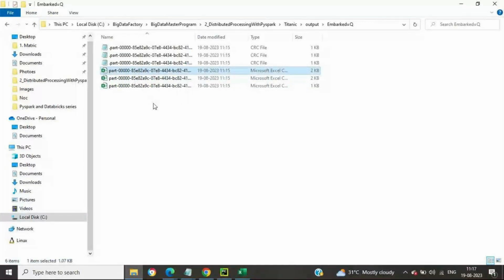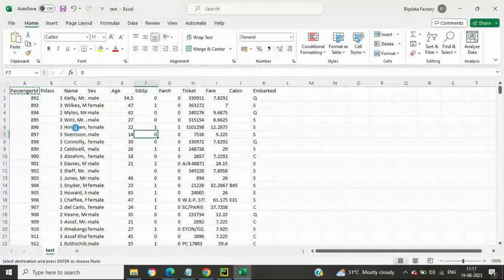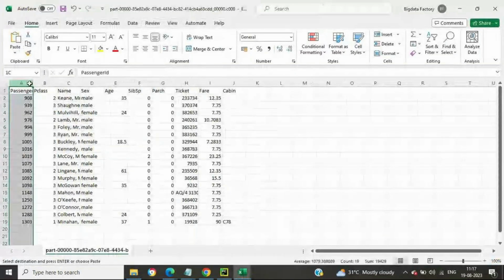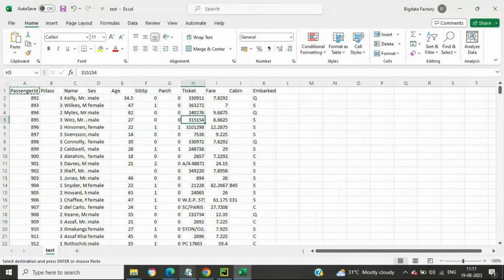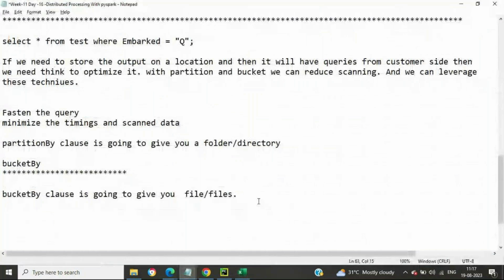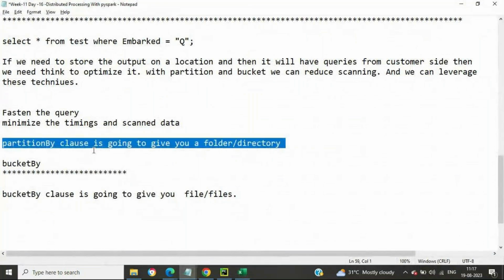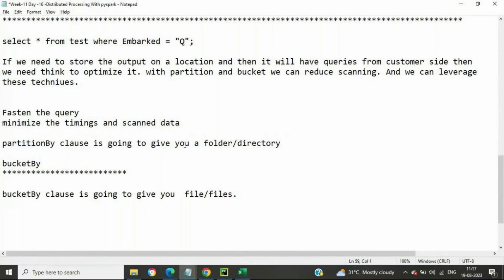Now this particular file has say 19 records only. Now the number of scanned records has been reduced, further reduced. Now let me focus over here. So partitioning has divided the data based upon the column, and the